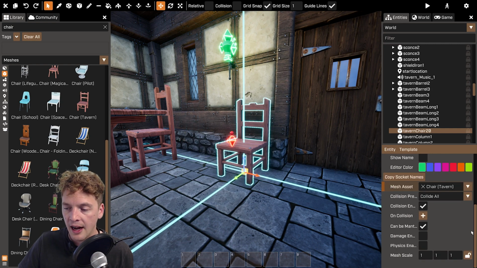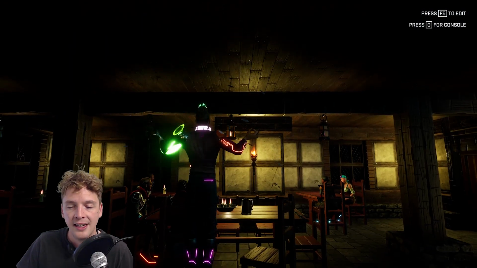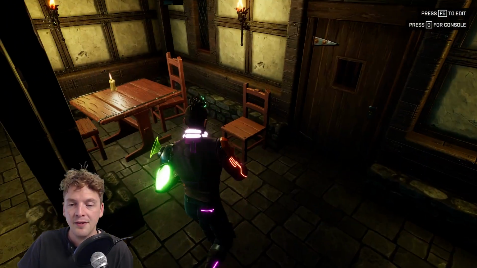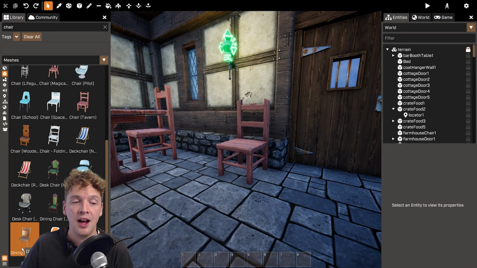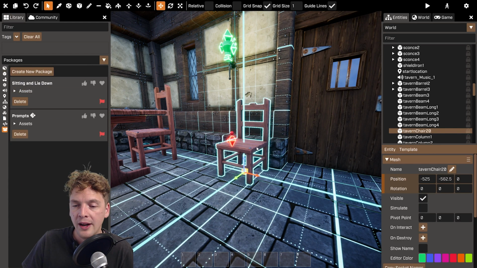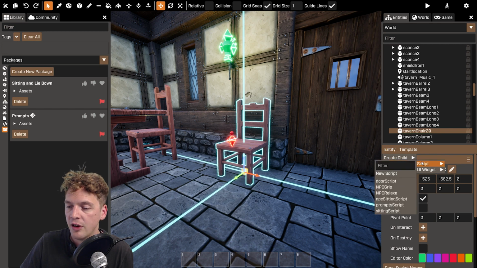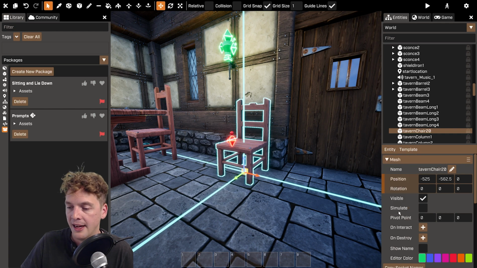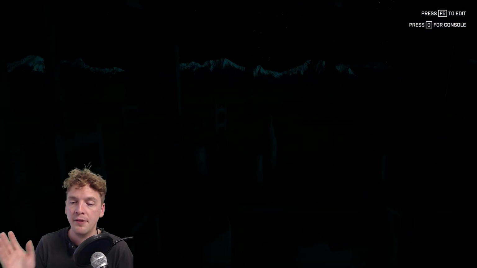Now I've just added the chair to the game world. If I was to now preview and try and sit in that chair, it's not going to actually let me do it. I have to do some code in order to do that. Or I install Stuart's sitting and lie down package, and then you can see that there. And then all I need to do is select the thing that I want to sit on, the chair in this case, and go to Entity, Add Script, and choose the sitting script, which came down as part of the sitting and lie down package. Now I've just added that and I've not changed anything, and let's just preview now and